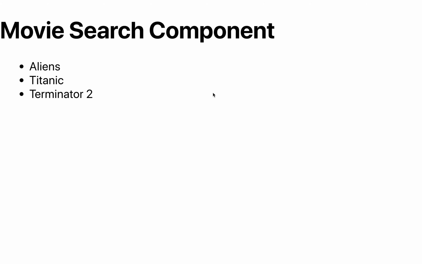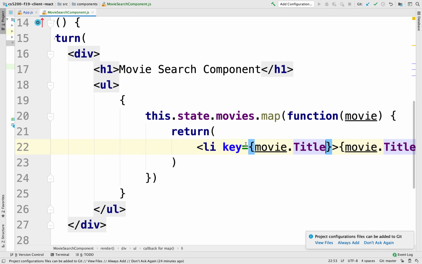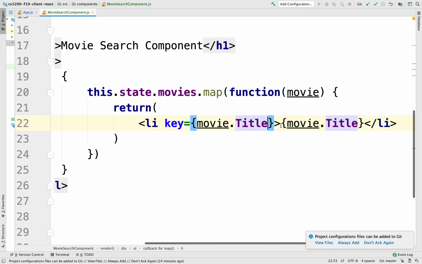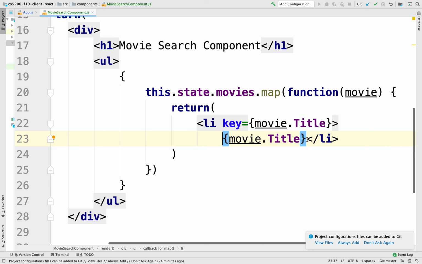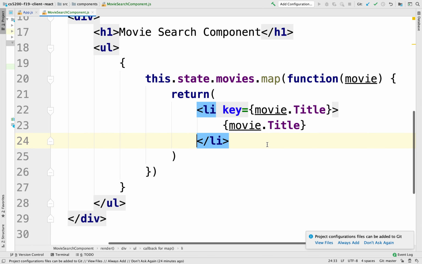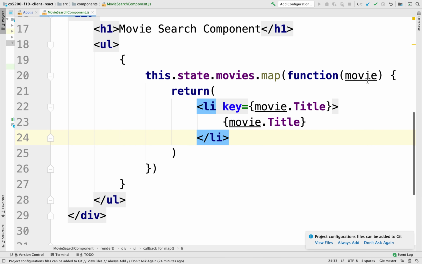All right, so we're rendering this dynamic array of movies here in this li right here. Now there's the new version of JavaScript that allows us to use a much more terse, a much more abbreviated syntax, which I'd like to introduce to you. Before I do that, notice that this map function doesn't only pass